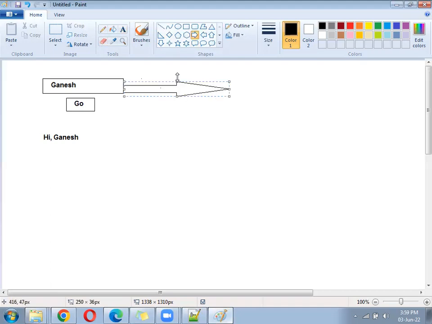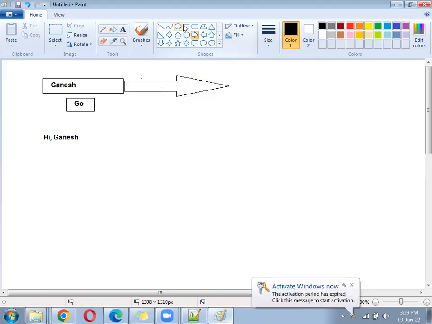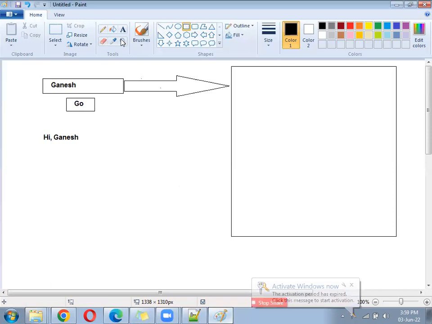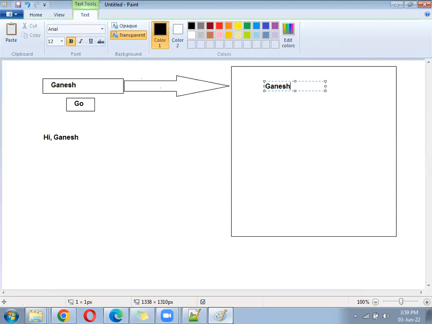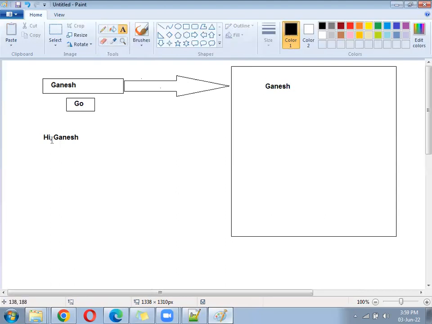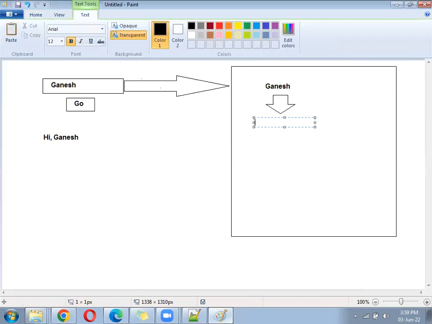This value from HTML will go to the next, that is called JavaScript. Now JavaScript will receive how much? JavaScript will receive Ganesh. But the output should come as "Hi Ganesh." After receiving the Ganesh value, JavaScript is going to process this value. What process will it do? JavaScript will add "Hi," comma, and then Ganesh. After doing "Hi Ganesh,"